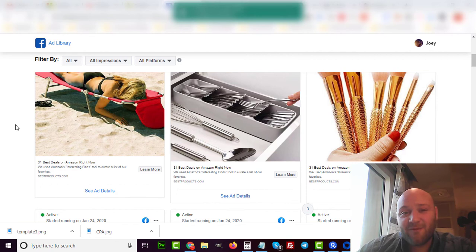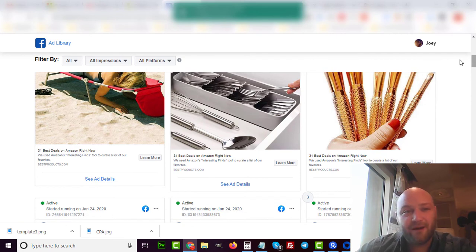So e-com will be a tough one to convert because it's a credit card submit. That is why I did the case study on the $5 ad set using a lead submit. You can see that case study inside the PowerhouseAffiliate.com premium members area, and you can see how I used it to generate leads for a diet offer. Okay, so again, start with a low barrier converting CPA offer, and if you can, start with a lead submit. Capture your own emails first so that you can start capturing emails on a low budget and then start to scale from there. Next traffic source, let's go to Bing Ads.